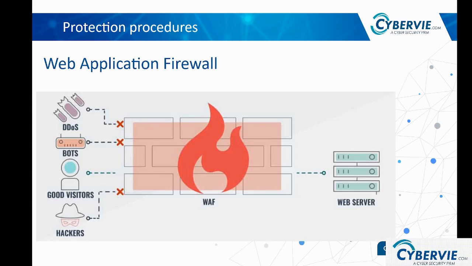Next is implementing a WAF or Web Application Firewall, which monitors and filters HTTP traffic between a web application and the World Wide Web. Though it doesn't address all risks, it may be used in conjunction with other defense mechanisms. A Web Application Firewall functions as a reverse proxy, shielding the server from exposure. It acts as a barrier in front of the web application to protect from different attacks.